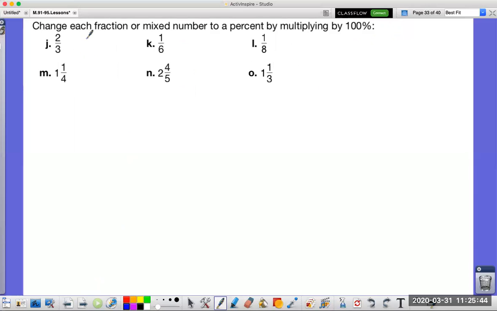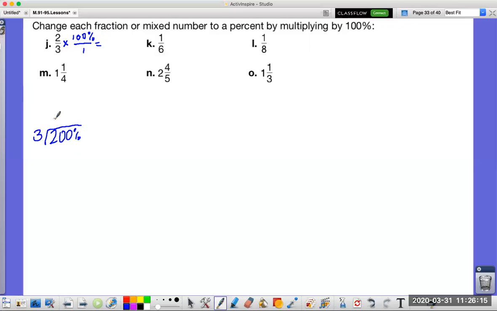All right, if we're going to change each fraction or mixed number to a percent by multiplying by 100, all we need to do in this one is just that, multiply by 100. So it's 100%, and we're going to put it over 1. So what's 2/3 as a percent? Well, it would be 200% divided by 3. Let me work that out down here. 200%